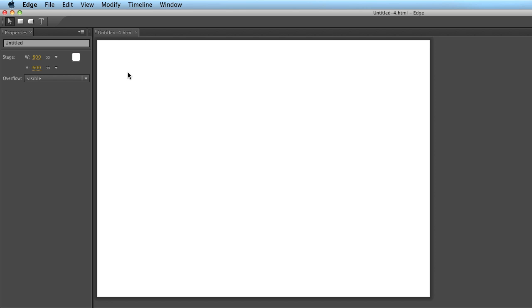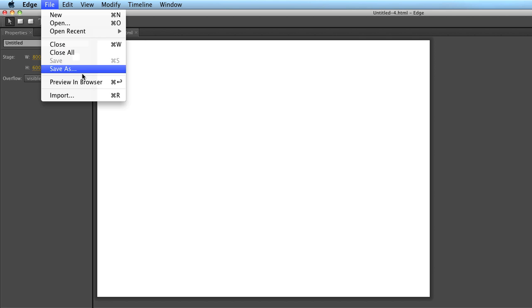When you're working with graphics in Edge, you can see that the graphics drawing tools are, well, rudimentary to say the least. But you can bring in graphics that are SVG, PNG, GIF, and JPEG. And in this exercise, what we're going to do is create a little animation that introduces an art exhibit. Now, to bring files in, you just go to File, Import,